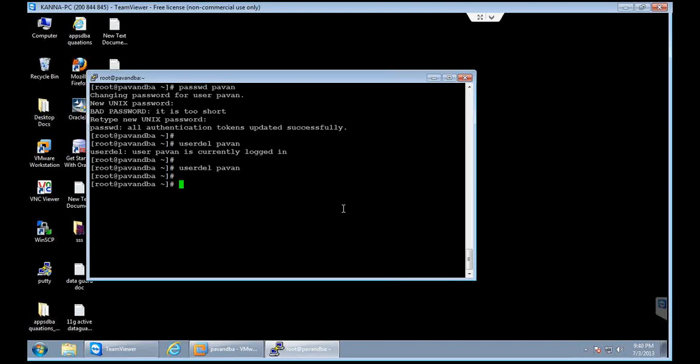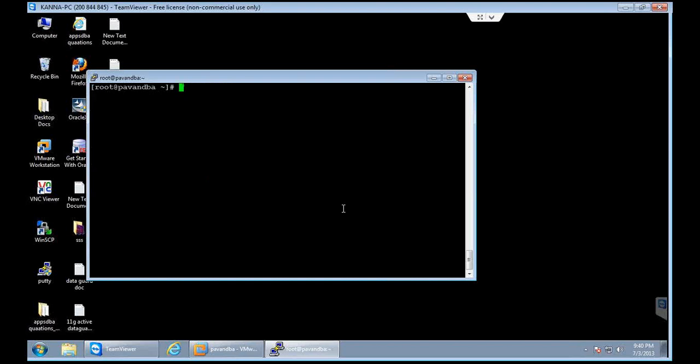So that means we may not run some of the commands we are learning now in real time, because some commands are restricted only for the root user. So that is how we have things in place.